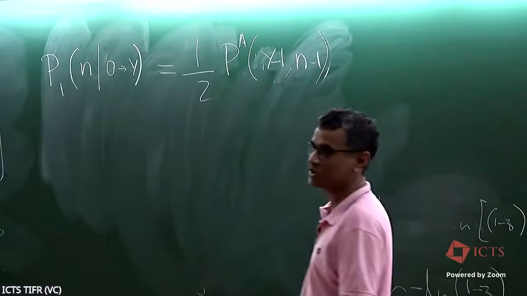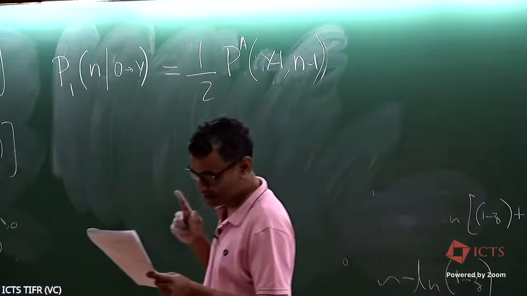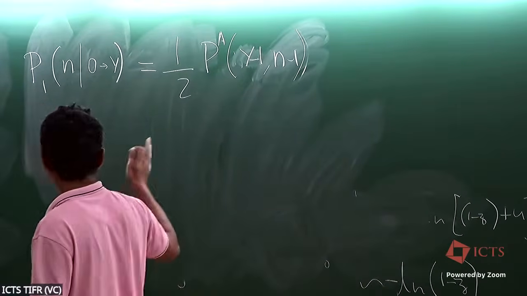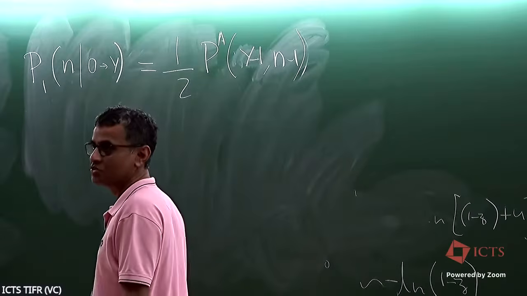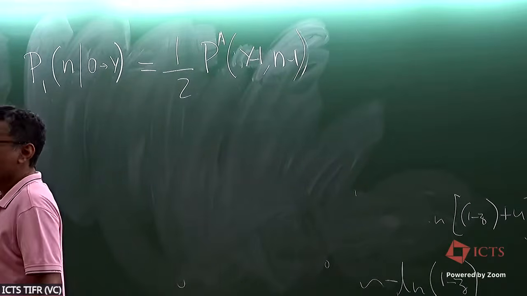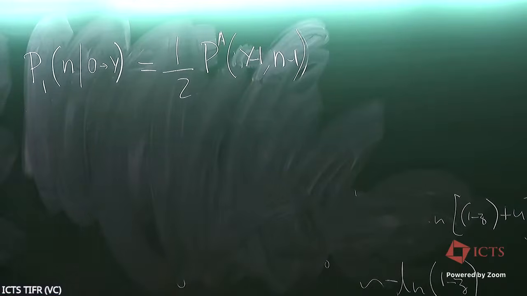Okay, good. People are alive. So this is the probability. So this is the rule. Is it clear to everyone? Okay, so now we have to first try to recover this result that we had got